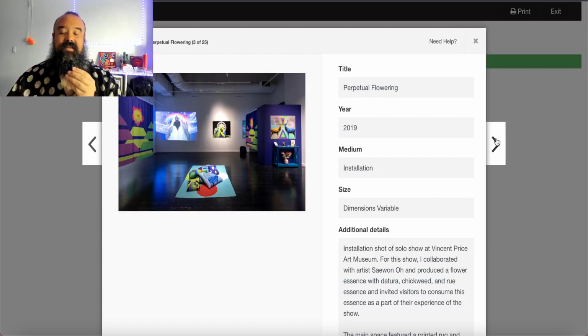And this is documentation of my first ever solo exhibition at the Vincent Price Art Museum. This exhibition is called Perpetual Flowering. And again, I really wanted to show, look, I've had my art installed in museum spaces. I create work across multiple mediums. Here you can see there are printed textiles, there are photographs, there is video artwork, and in the corner on the right, there are also some flower essences that I made in collaboration with the artist Saewon O. And so really showing that I'm